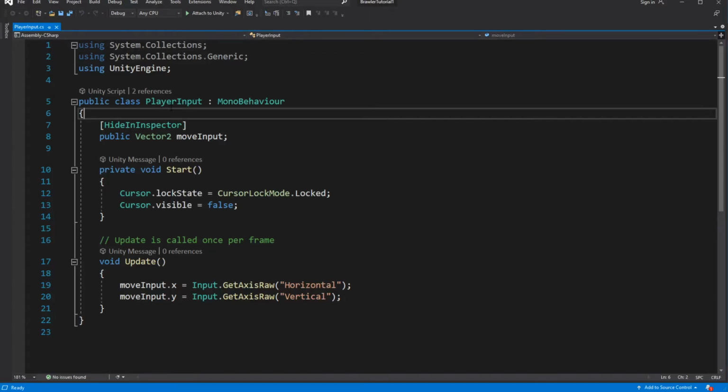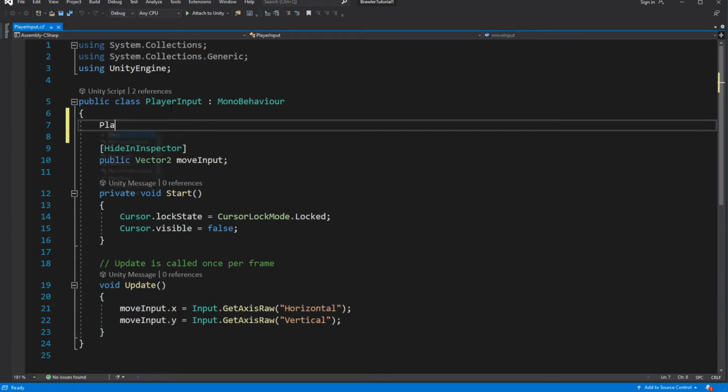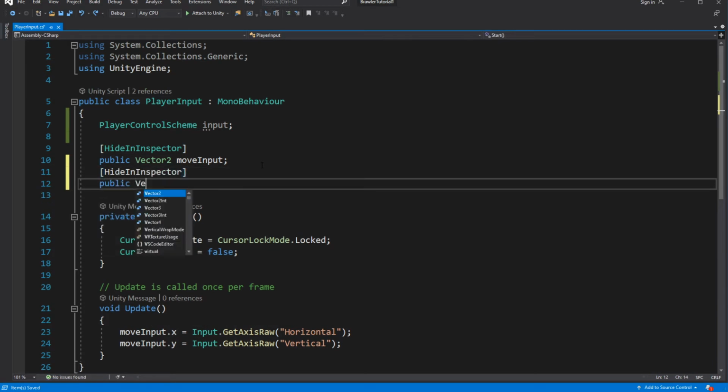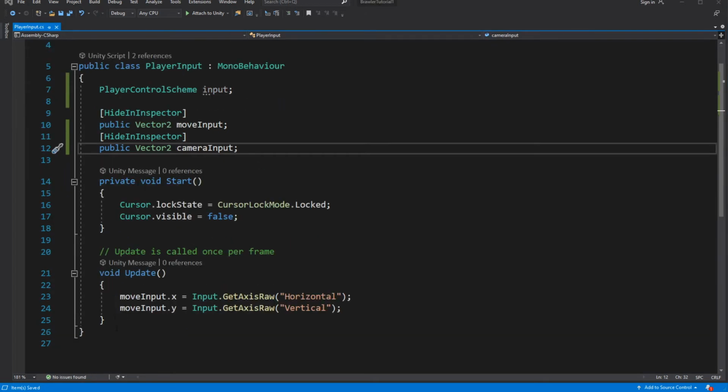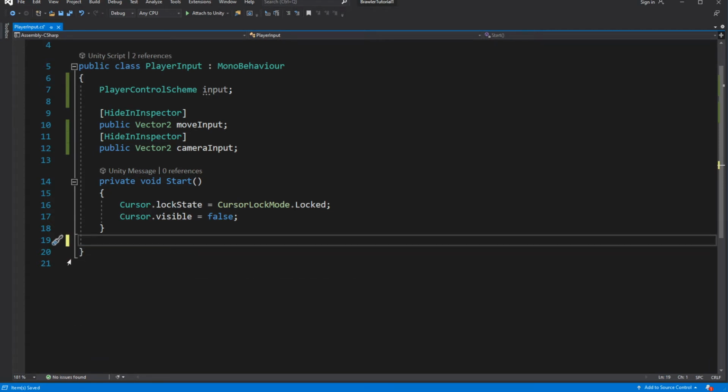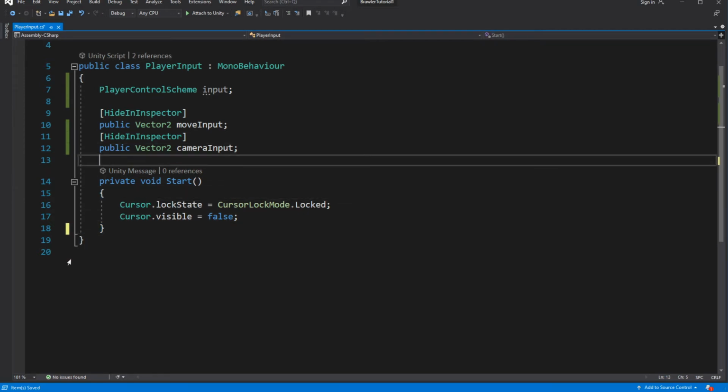Here we need to define the variable for our player control scheme. And let's add camera input vector 2. Because we are going to use player control scheme, let's delete deprecated implementation from update.